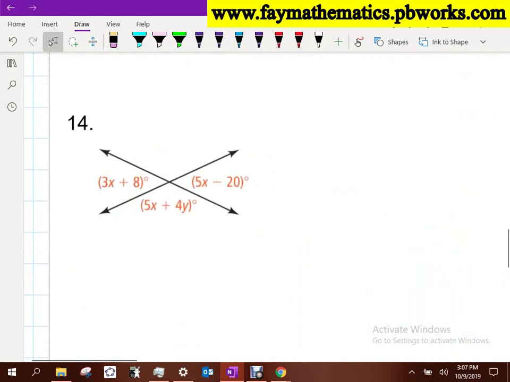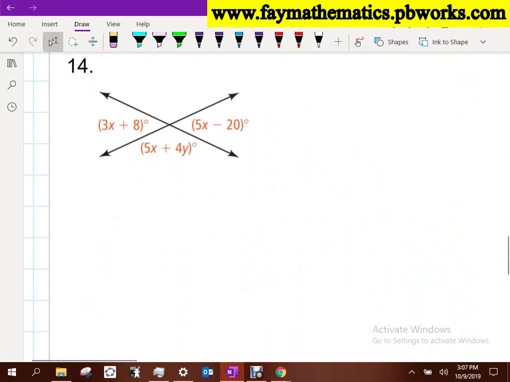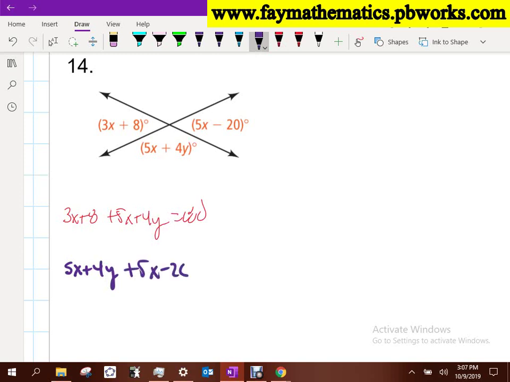But here's the relationship in number 14. Okay. So 14 is the same thing, right? The same exact problem. And here's where I fear that we're going to just kind of blindly say, oh, 3x plus 8 plus 5x plus 4y equals 180. And then I'm going to say, okay, well, 5x plus 4y plus 5x minus 20 equals 180. So I'm using